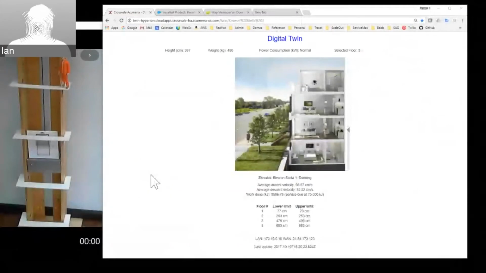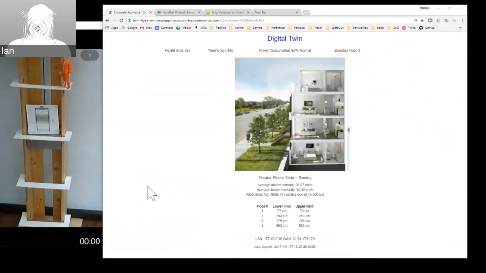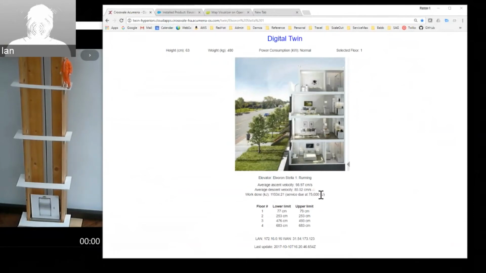So we're going to go slowly up to the next floor, so that it will hopefully trigger a slow ascent. Look at that. Thank you, Antonio. Average ascent velocity is showing as an alert. And if we now go very quickly to the bottom, we should see average descent. It's there. And now if we switch off completely,